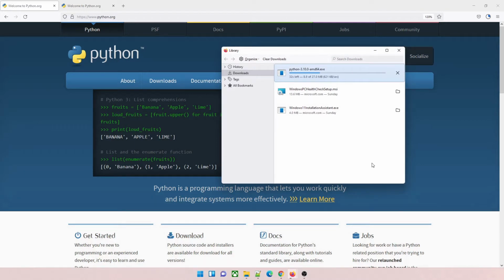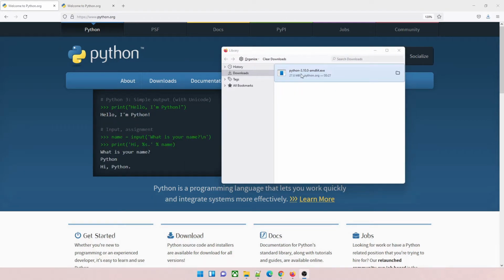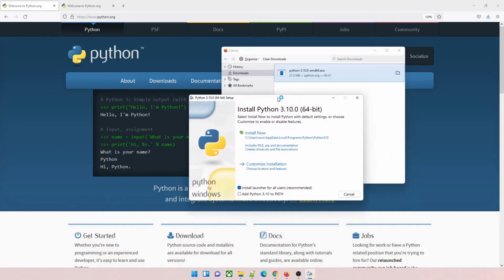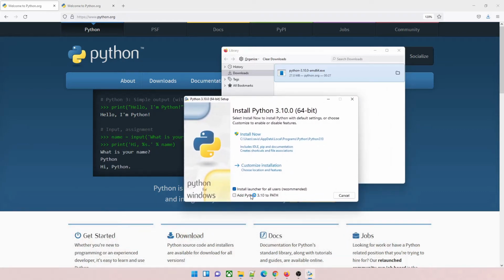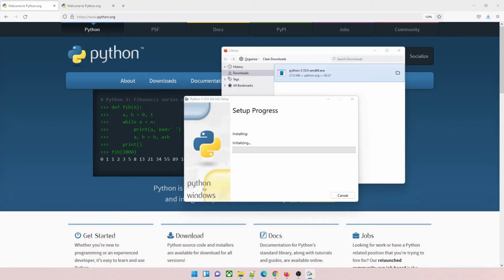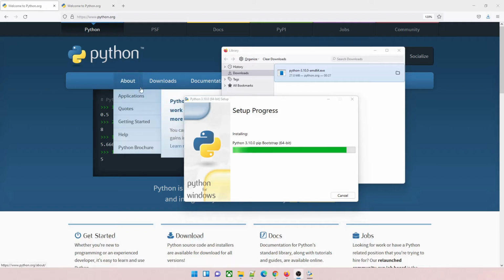So you can see that it has been downloading over here. Once downloaded, just double click over here and it will ask for the permission to get it installed. I have multiple screens, so it has given me pop-up on the other screen. I'll just drag it down. Add Python 3.10.2 path. This is very important. Just add it because we want to run it from anywhere from the console. Once done, click on install now and wait for some time. It might take some time and I'll just fast forward it so that we can go forward.